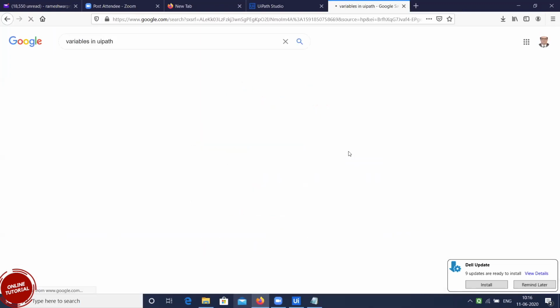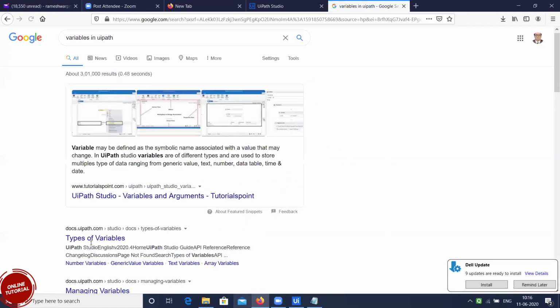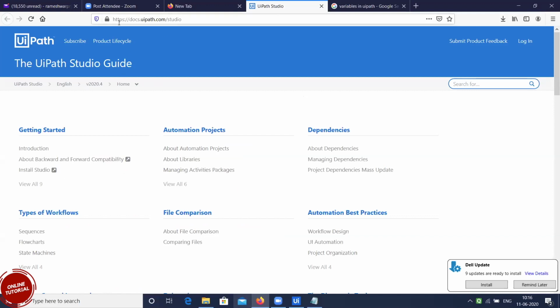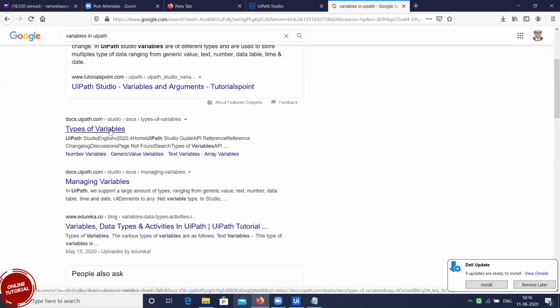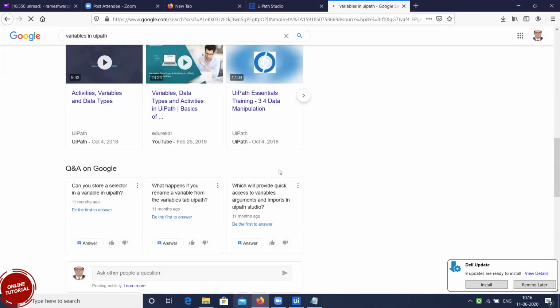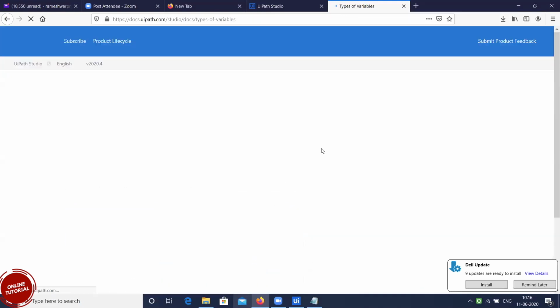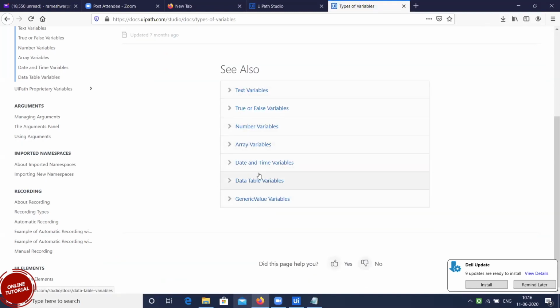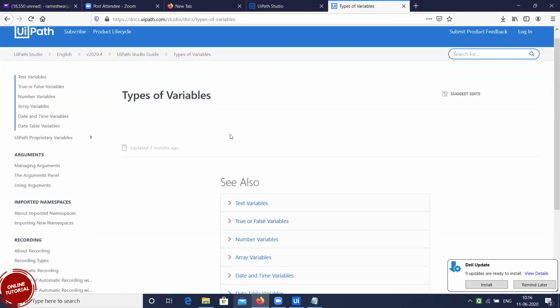The first thing you get is always the same, documents.uipath.com, and that is what even this will take you to. So this will be a straightforward navigation. If you click on this, they will give you all the details here. You can go through what is text, what are the different types of variables, all that. In that, they'll give you every piece of information.